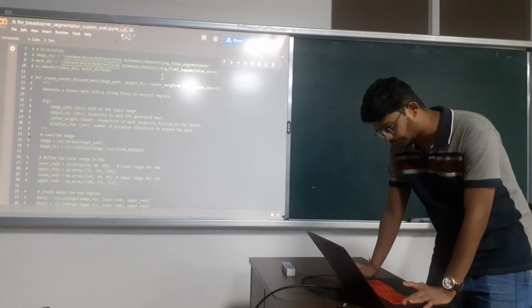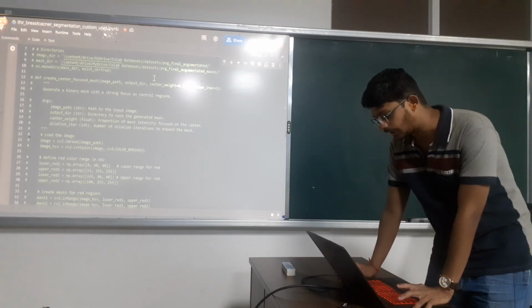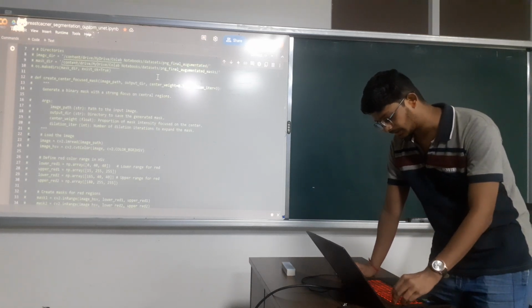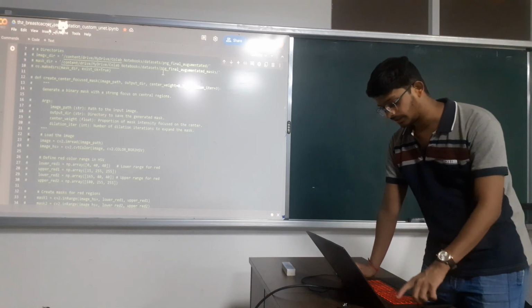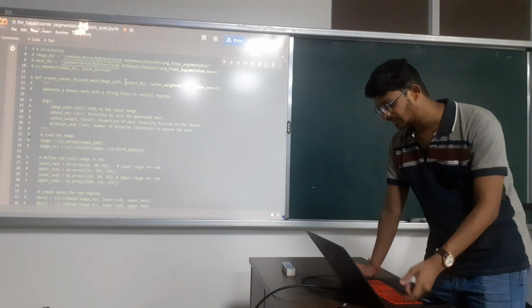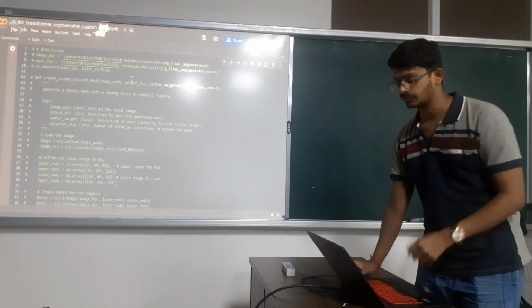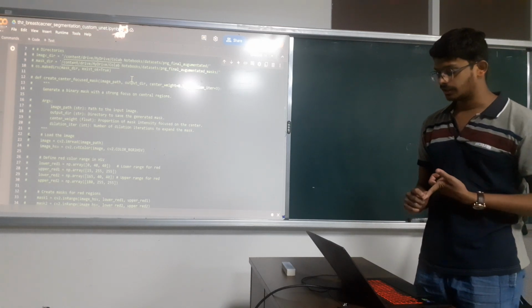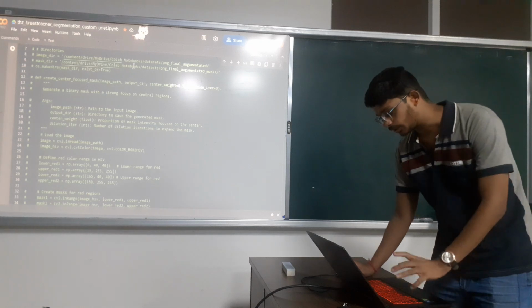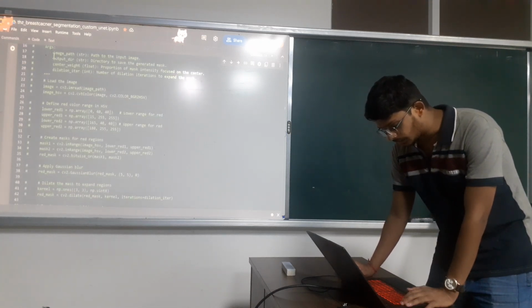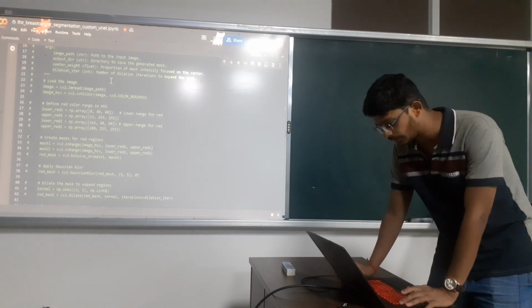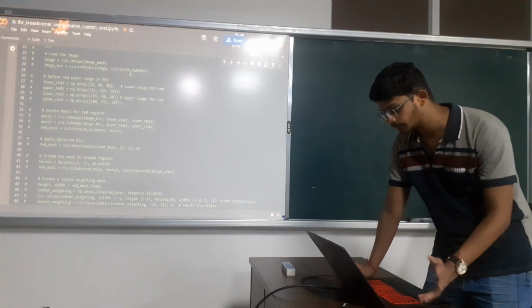Now from the image path I have created an output directory, so that when the images enter my function and exit from it, all the images along with their individual binary masks will go inside the output directory. First I have loaded the images with cv2.imread, converted the color from BGR to